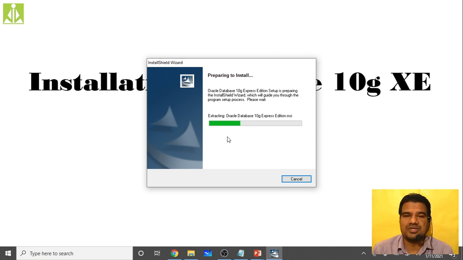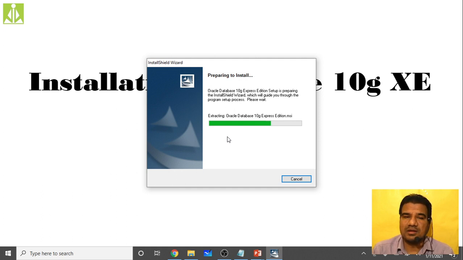Okay, you need to be patient and don't cancel anything when you are installing. Simply don't think that it is taking more time, so I have to cancel. It is not like that. Sometimes it will take more time to do the installation. It completely depends on the performance of your computer, the processor you have, the RAM you have. So many things will affect your installation time. And moreover, it is a huge application, a big application.